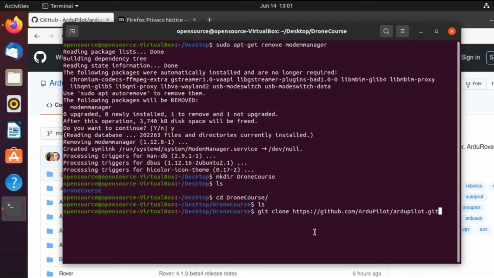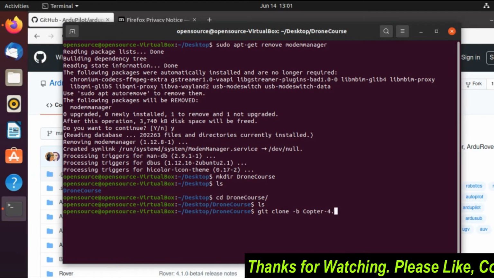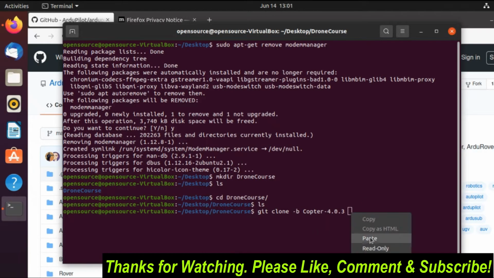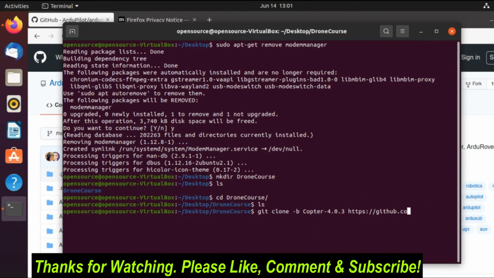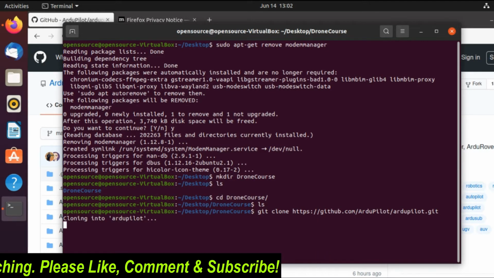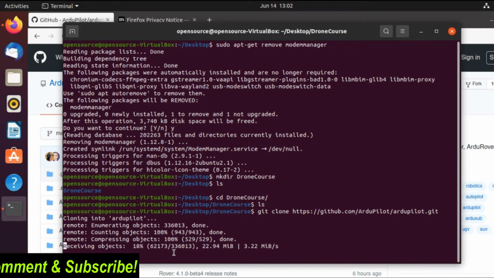So you can avoid downloading the full source code and simply download the ArduCopter source code by writing this command: git clone -b Copter and the name of the version, then paste the URL and hit enter. Alright, our source code is downloading and it will take a few minutes. Again a heavy file, so make sure you have a good internet connection.